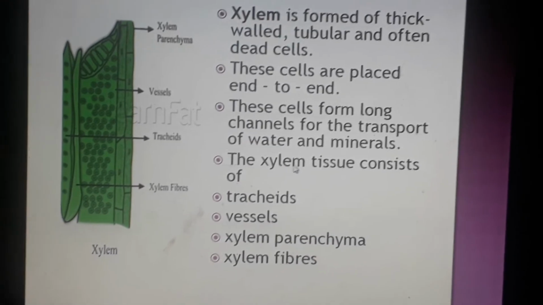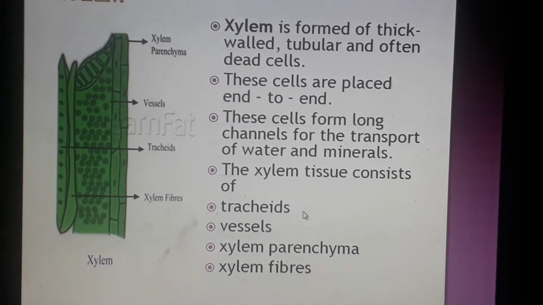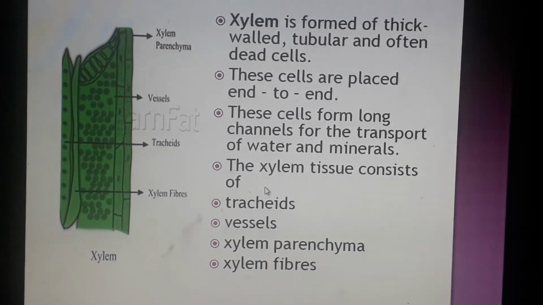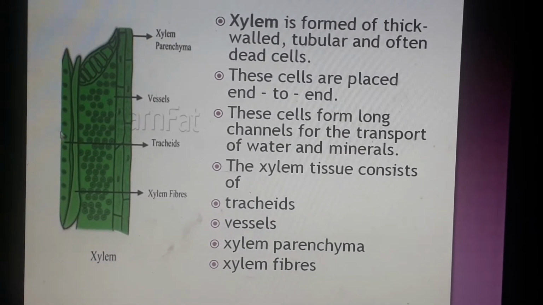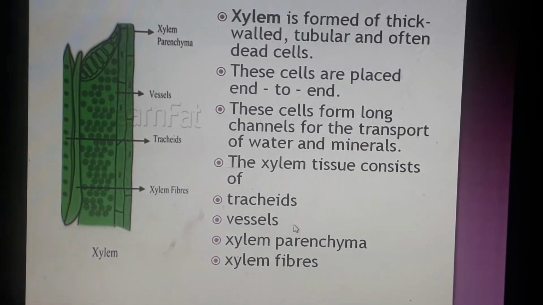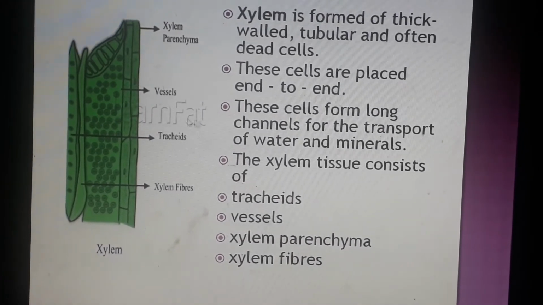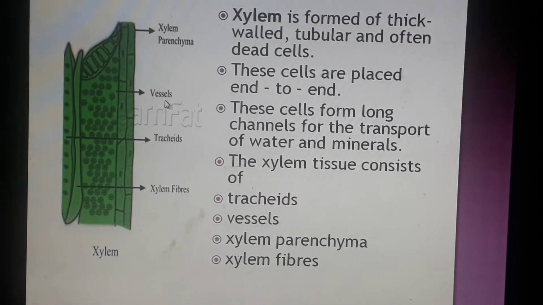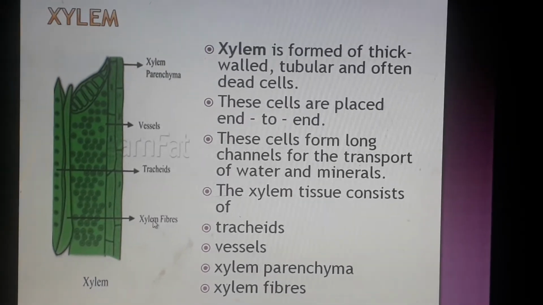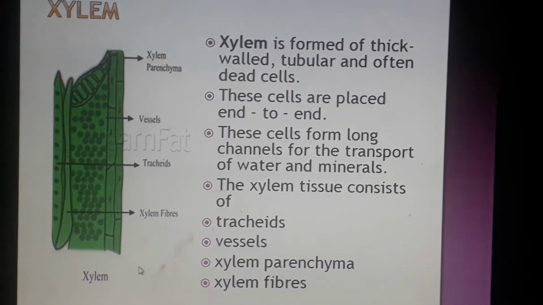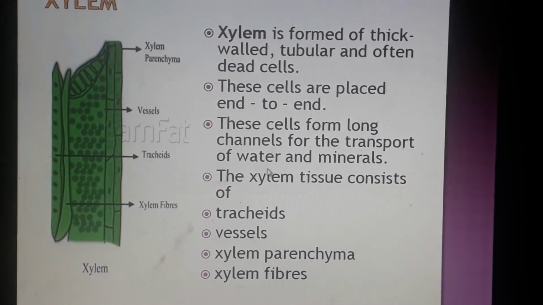Okay. So the xylem has four main elements. So you have to just learn, and in your 8th standard you will learn more about these tissues. So xylem has four kinds of cells: tracheids, you can see here tracheids, vessels, xylem parenchyma and xylem fibers. So you just have to learn the names: tracheids, vessels, xylem parenchyma and xylem fibers. Okay, just the names, that's all. What are the four types of xylem tissues? So you will say tracheids, vessels, xylem parenchyma and xylem fibers.